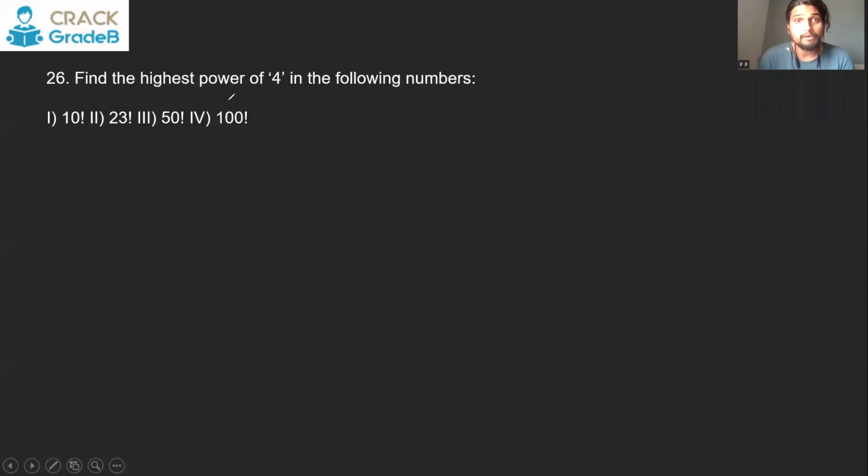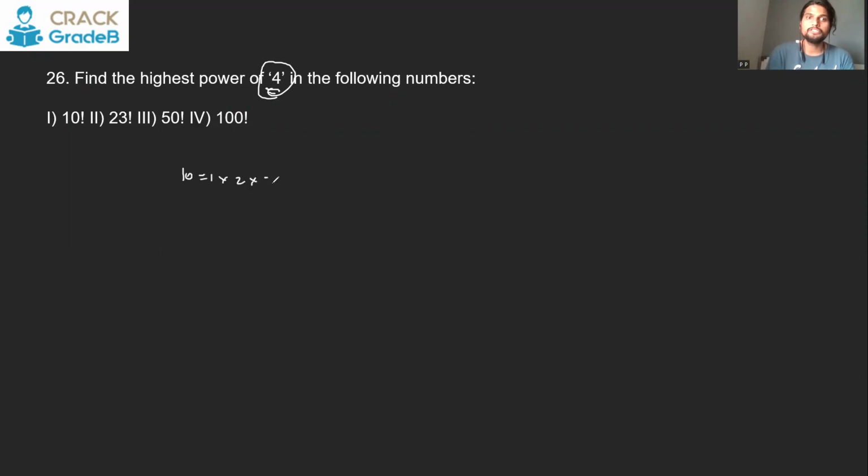Now find the highest power of 4 in the following. So 4 means you don't have to divide it by 4 because 4 is not a prime number. The method that we learned is only for the prime numbers. 4 is not a prime number. So you can't just divide 10 with 4 and all. No. 10 factorial basically is